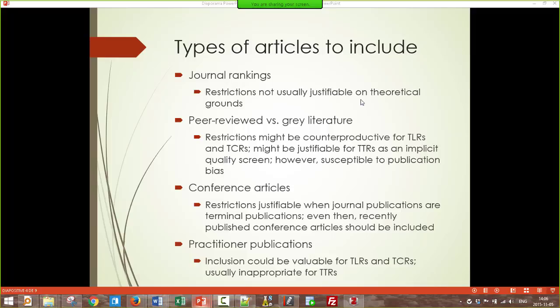Well, it's controversial. There is an argument that if you're testing it, like studies that actually verify the theory, you want to make sure they've been peer-reviewed. So on one hand, there's an argument for that. On the other hand, there's something called publication bias. That's something that as researchers you need to be aware of, and that is that